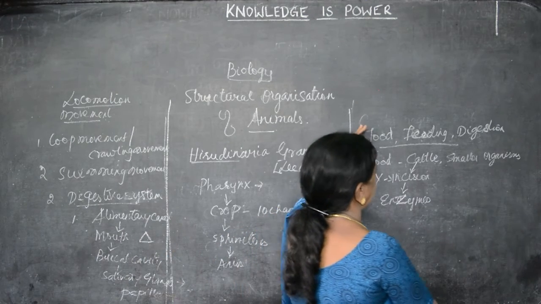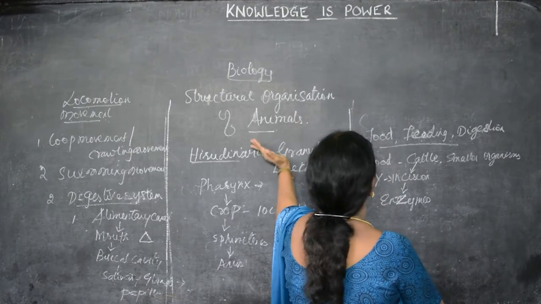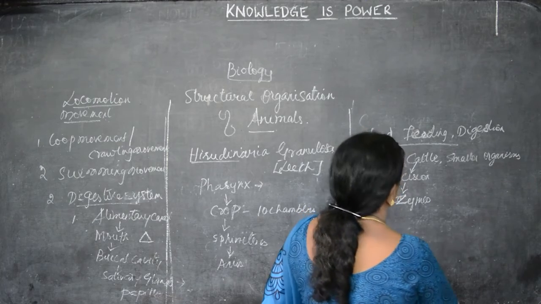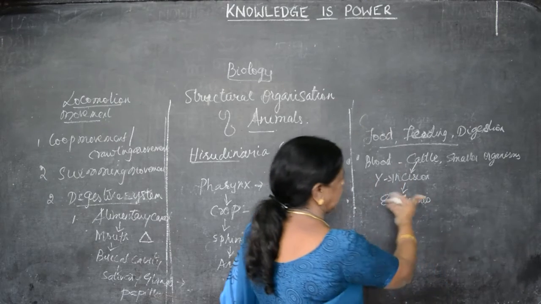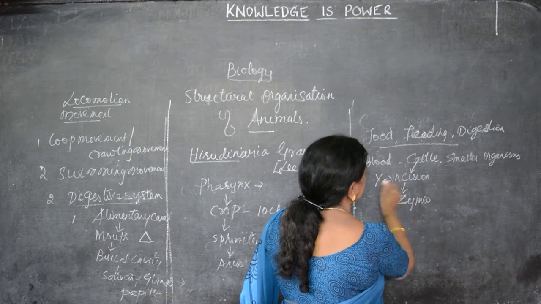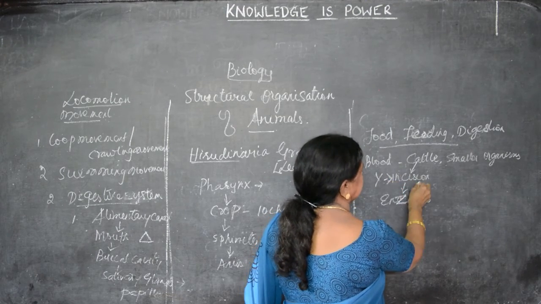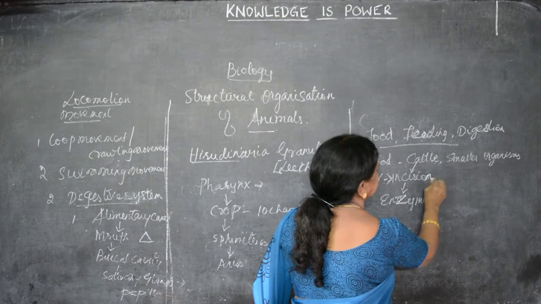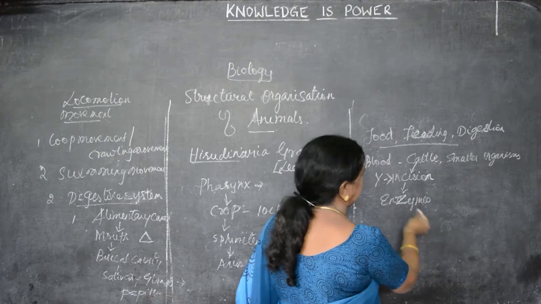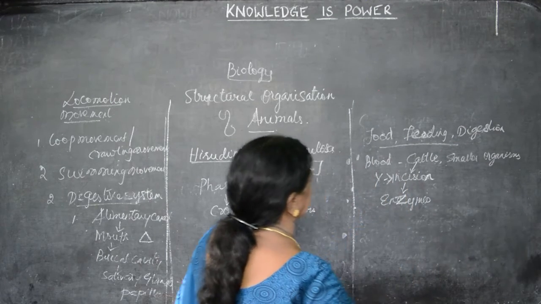What is the food, I said already? The protein, hirudin, prevents the blood from clotting, so it stays in a liquid condition and can be easily absorbed. While doing that, it makes a small cut, a Y-shaped cut. The small cut is known as what? Incision. From there it touches the blood. The blood is converted into energy by enzymes. So this is how the food is absorbed and digested.